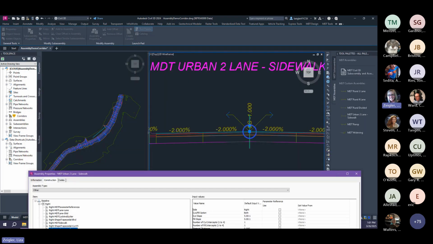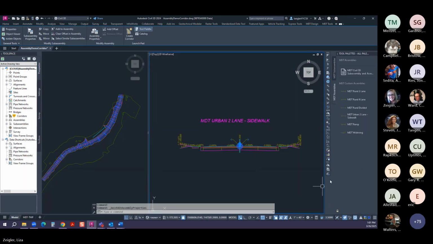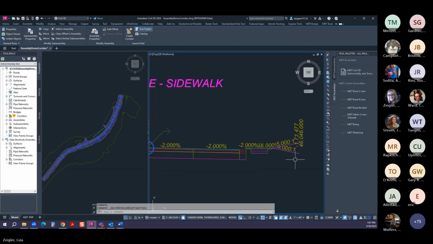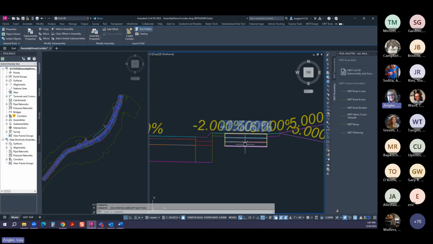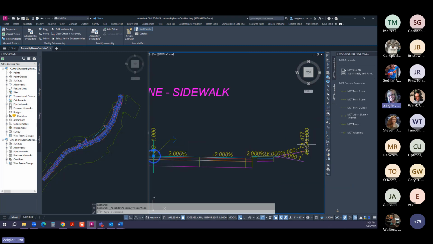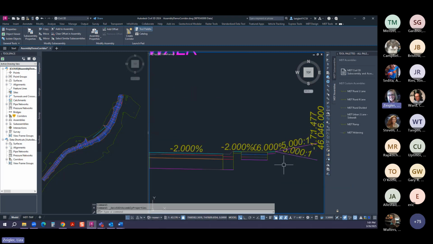You can see it's been set up to have a berm, sidewalk, maybe a berm after, and then an end condition. But while I'm here, I'll show you the new curb and gutter,